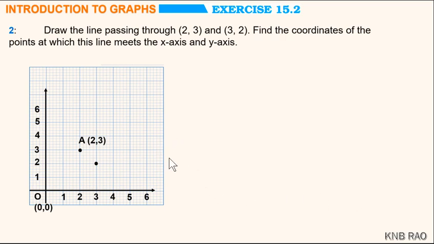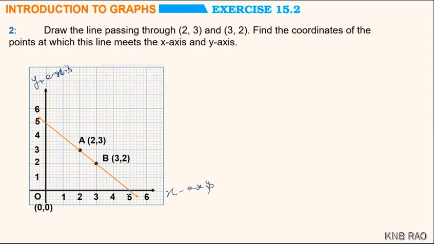Then another point I have got, 3, 2, I named it as B. Now I am drawing a line passing through them. Now that line, if I extend, it will intersect both the x axis and y axis. Now tell me, what are the coordinates of that? See children, very sure that